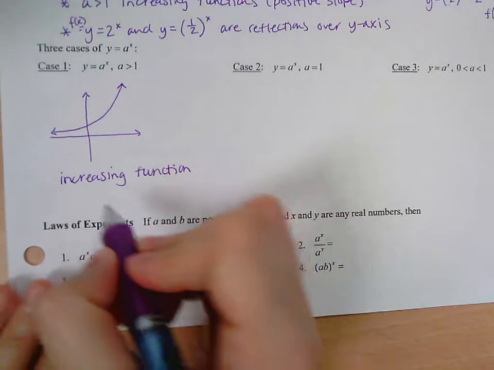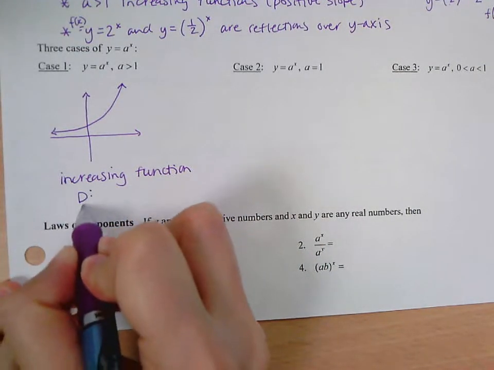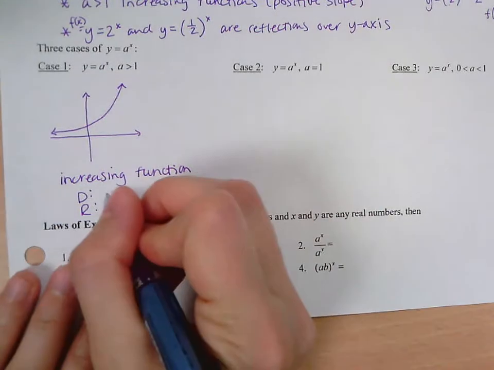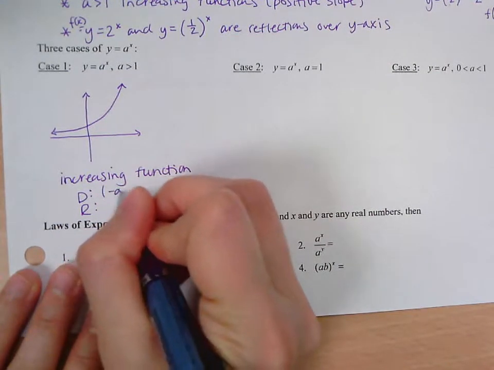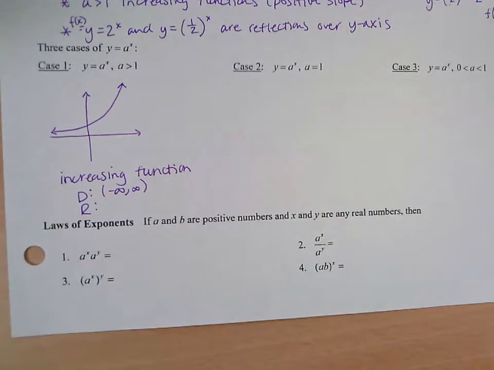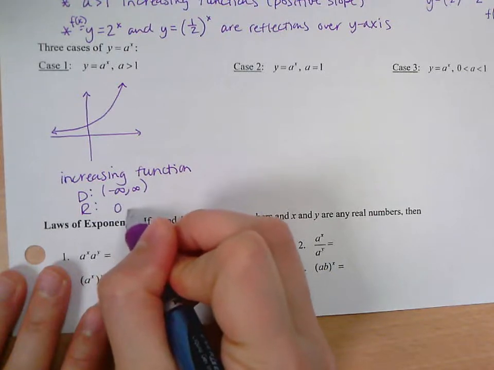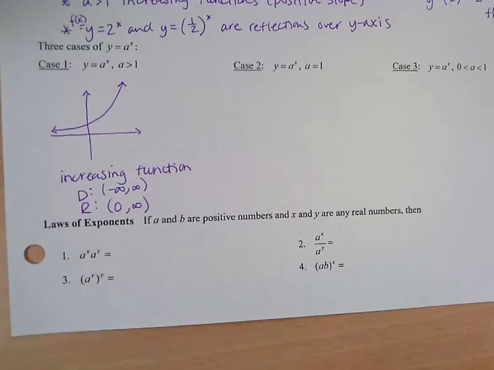And then what domain and range do these have? Or does, I guess, these functions that are exponential and are increasing? All real numbers for the domain, so negative to positive infinity. Range? Yeah. Not including 0. Okay. And then case 2, so if a is equal to 1,